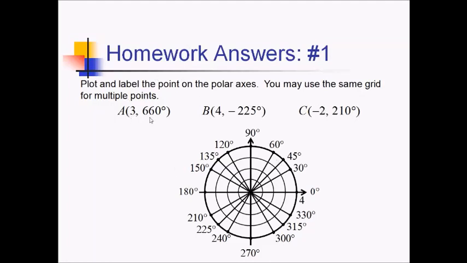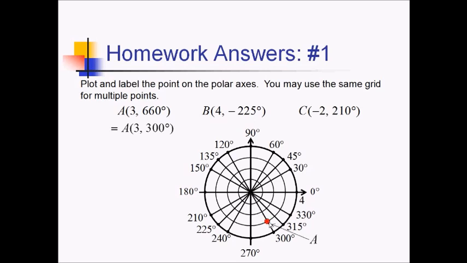For number 1, we want to plot the following three coordinates on the polar axis. Starting with point A, we've got (3, 660°). To make this a little easier, let's subtract 360 from it to find where it is between 0 and 360. So we could write this as (3, 300°). That would be equivalent. So we want to turn in the 300 direction here and go out 3 on the